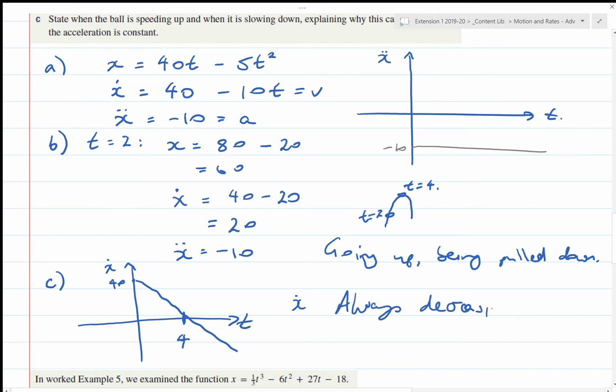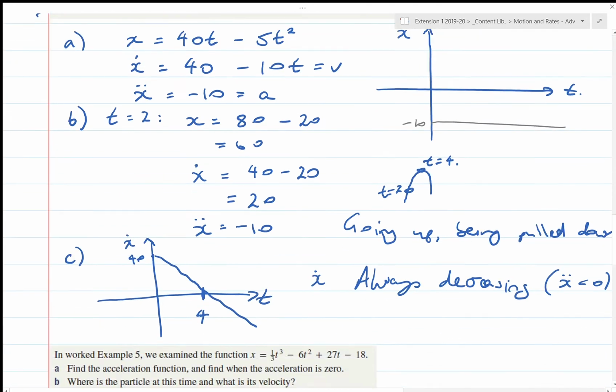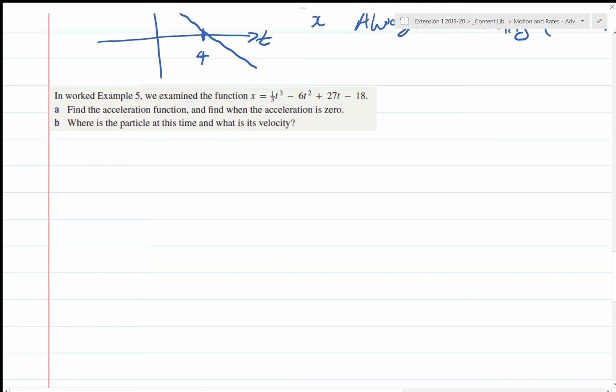So decreasing, which mathematically we read as the second derivative, or the derivative of the thing we're talking about, is negative. So it's always slowing down. So the question is bunk. As it seems to be the case in a lot of these textbook questions,